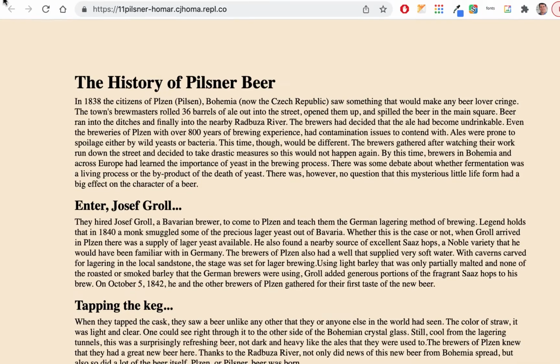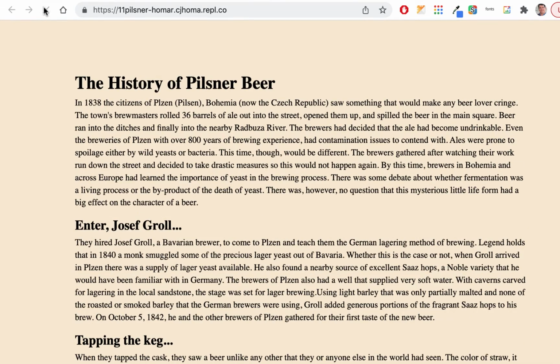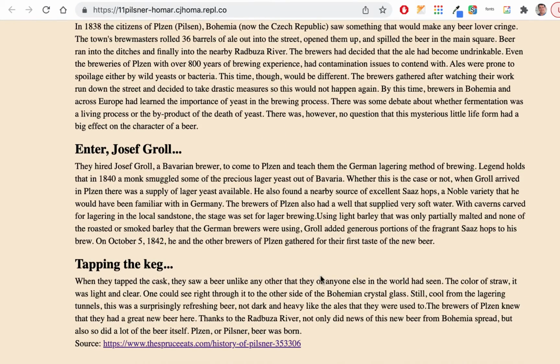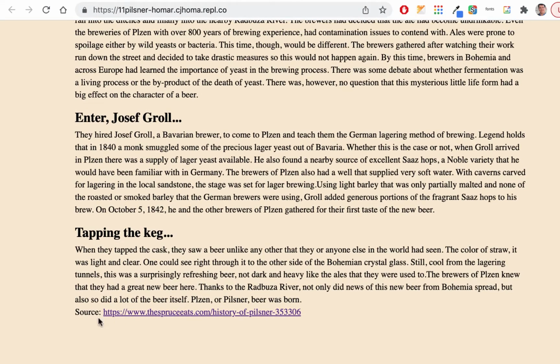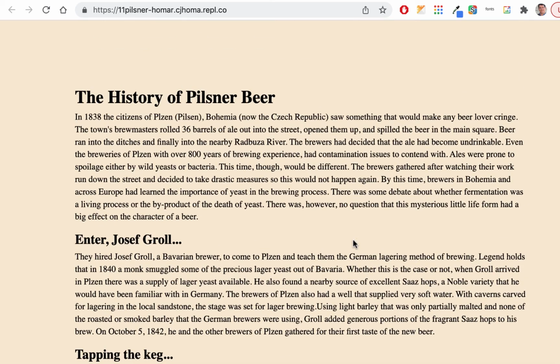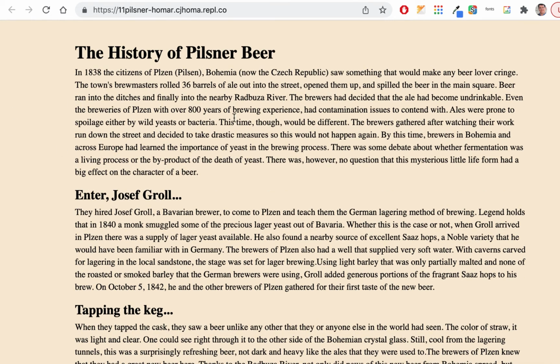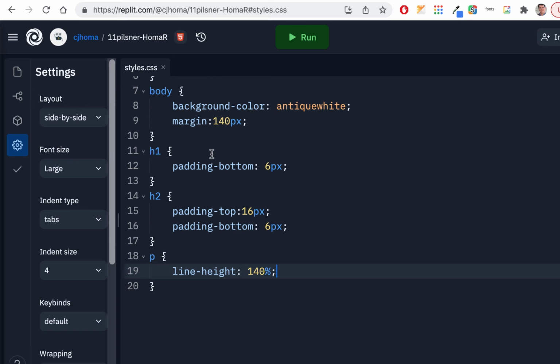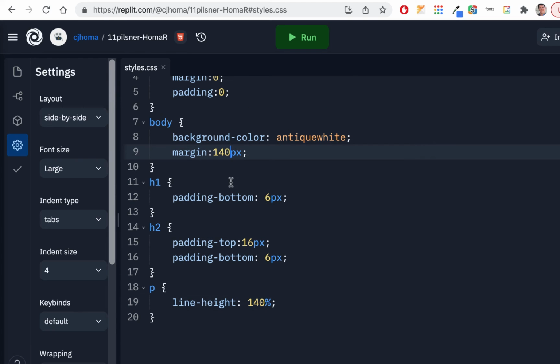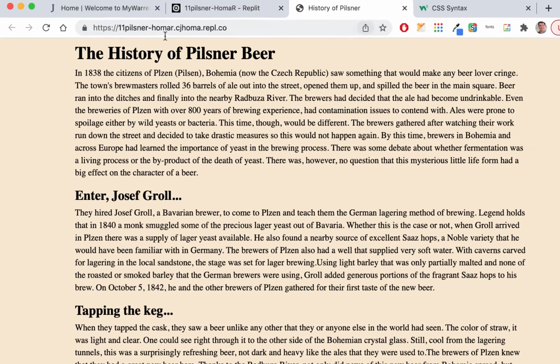And I'll go here and refresh it, and you can see that spreads it out a little bit, and that's good. We will take this source thing and move it down a little bit, but that spreads it out. It gives a little air in there, just like we were doing with our other one. And if we wanted to add more margin here, we can. If we want to go to our body and make it 160 all around, we could do that. We could even do it so there's more on the right and left and less on the top and bottom. But right now, that margin's going all the way around,